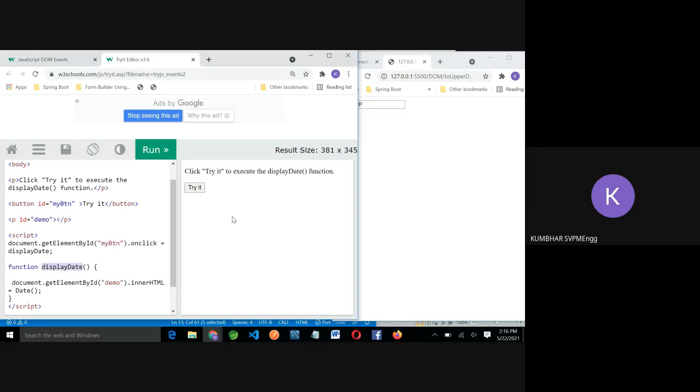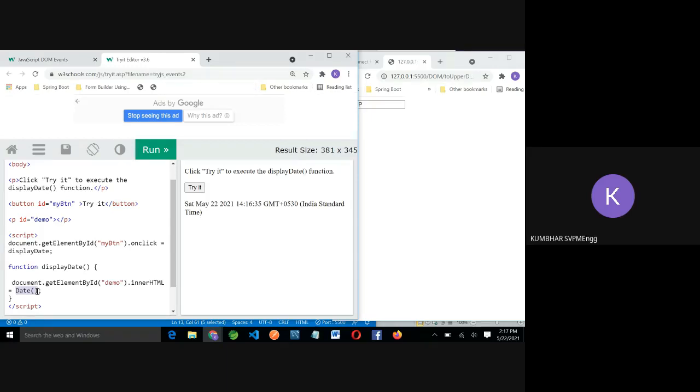Let's try. When I click on this, it fires and displays the date. document.getElementById demo is where it displays, which is the paragraph. Inside that paragraph, as innerHTML, as you can see, it displays the date. One more thing you will notice is how to retrieve the current date. Date is the function in JavaScript that gives the current date. Then you can find many more formats of this date. From this date, I may want only the day or only the month. Like this, you can go for it.